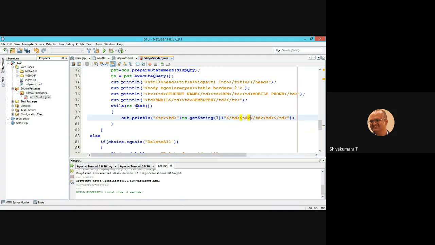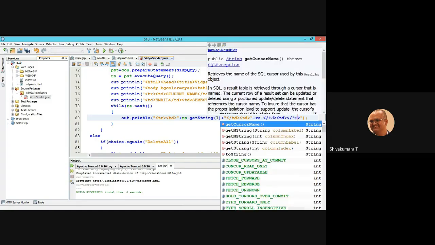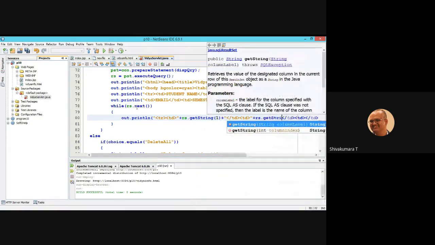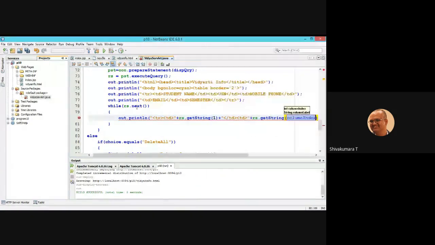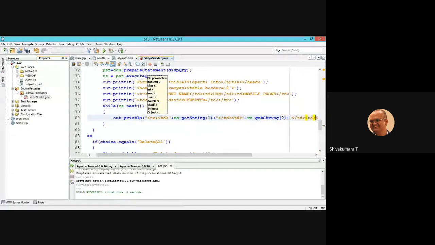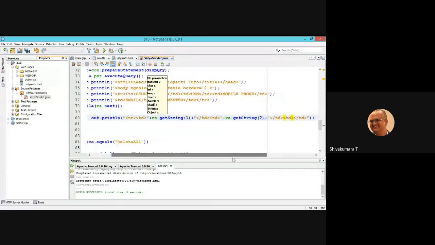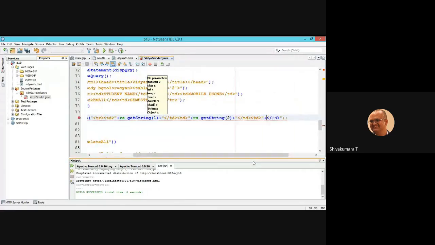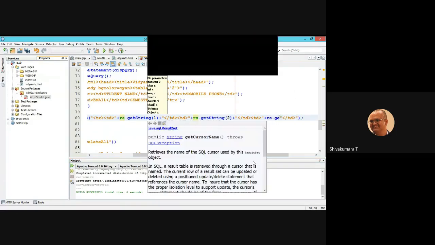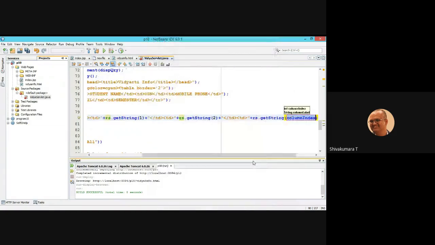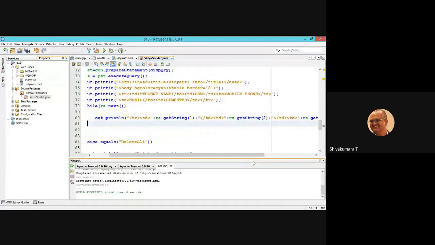Similarly, you are fetching result set dot getString 2, which means USN you are fetching. Then result set dot getString, the third value you are fetching, that is the phone number.